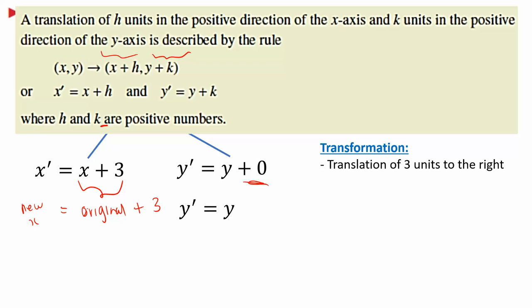How do you get to the new? Add h to the x. How do you get to the new? Add k to the y. Does that make sense so far? Yeah, I'm just describing the notation. Okay? Now, if I gave you this one now,